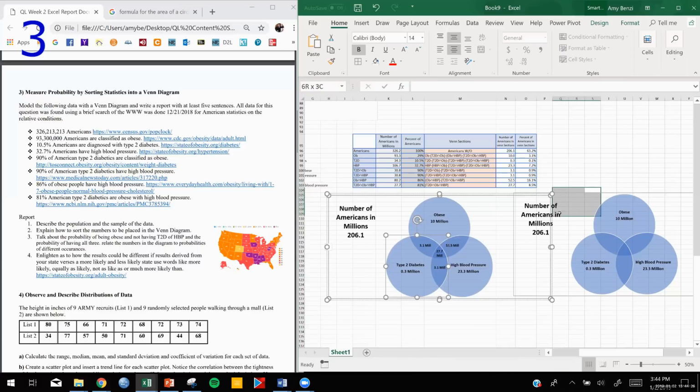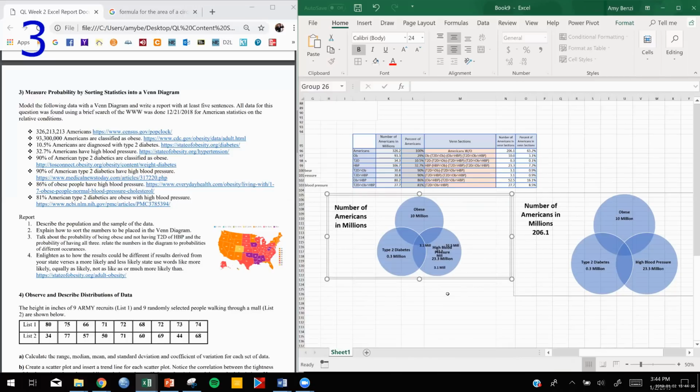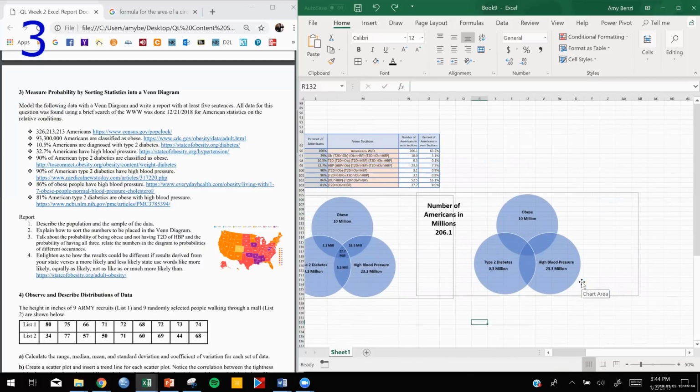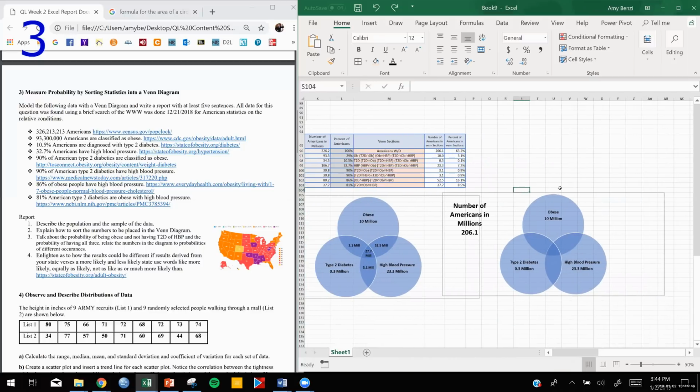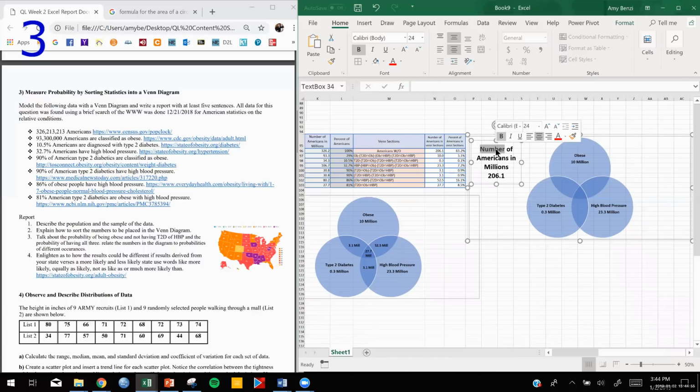So let's get this Venn diagram. And now I would kind of like to make this smaller, but I really can't because you see how my numbers don't move with it. So there are better ways to do things than the ways I do them, but I only know how to do certain things. So we just kind of go with what I can do until you teach me how to do it better. So now we have our Venn diagram for percentage